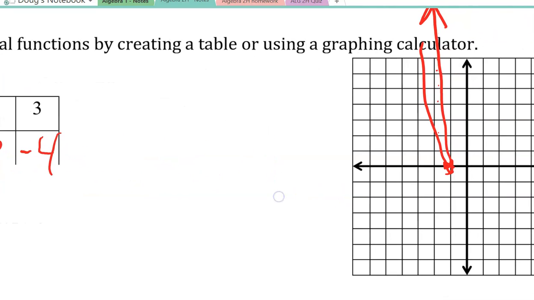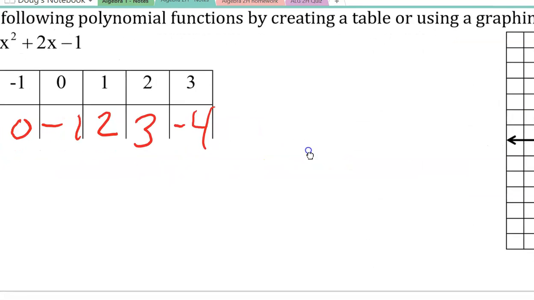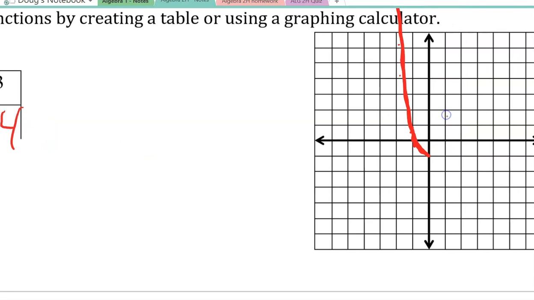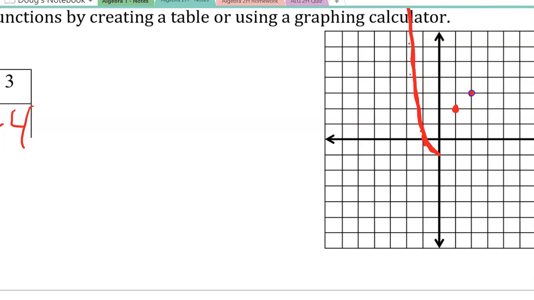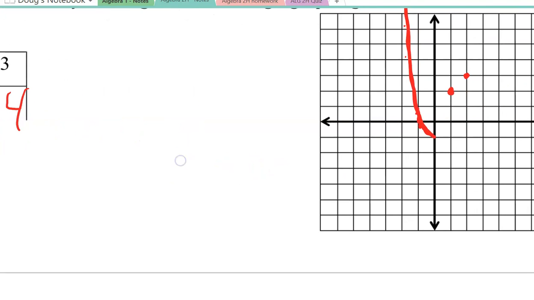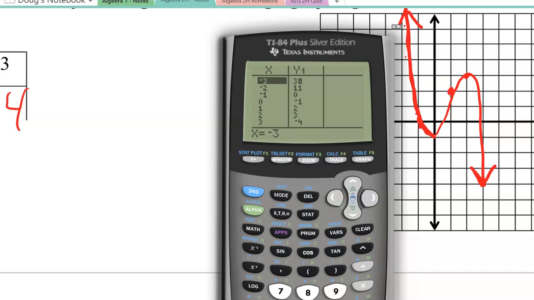At 0, it's negative 1. At 1, it's up to 2. At 2, it's at 3. And at 3, it's at negative 4. So generically, that's the picture of our graph,